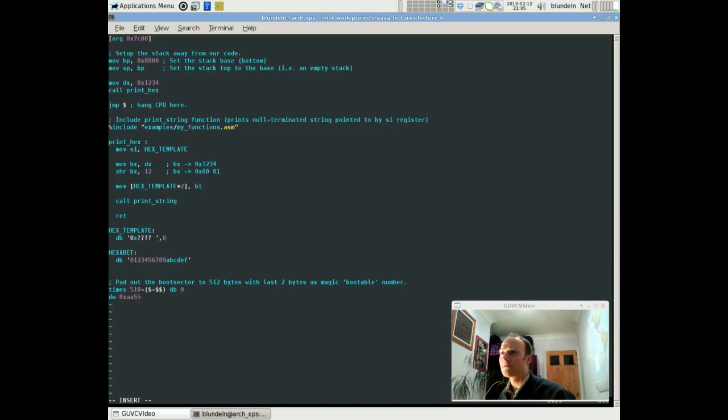Now we can do this. I think if I do move BX, let me think, I should be able to do move BX and then BX, so whatever is in BX, which is the value that we want to translate to, so this is like the number that we want to translate to the ASCII character, and if I do hexabet,